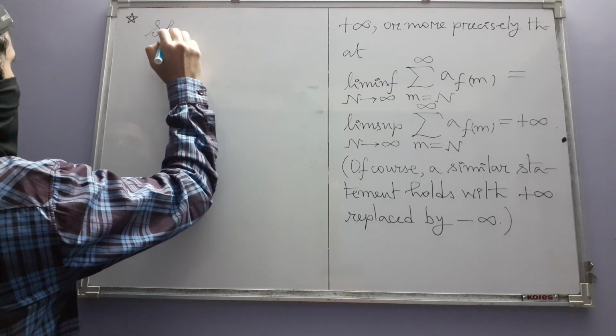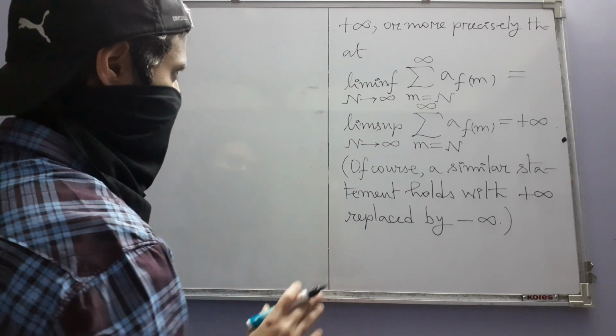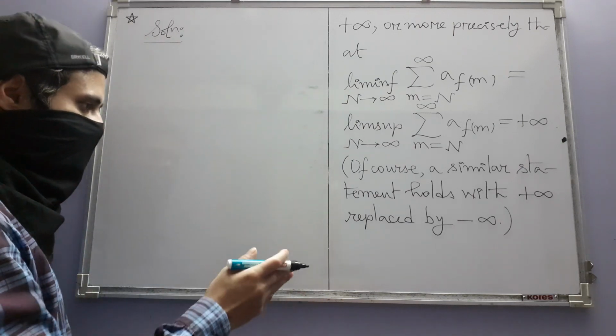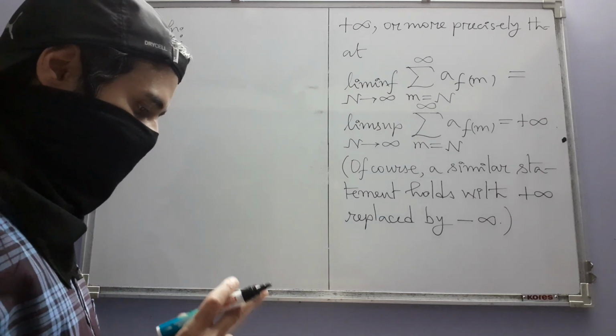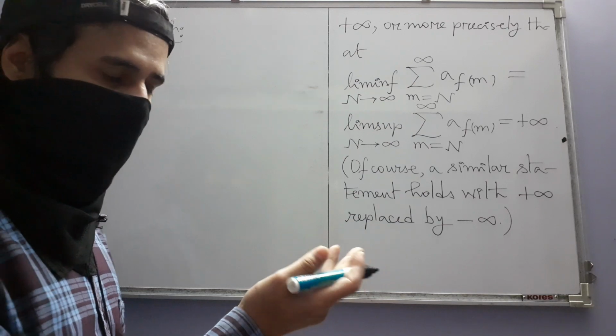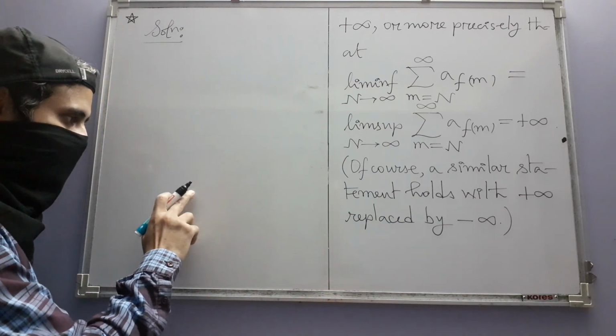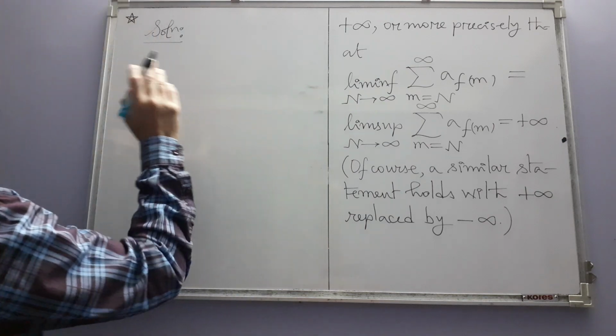So in the beginning itself, we are going to use our hypothesis, because it's given that the series is conditionally convergent but not absolutely convergent. So we can immediately use lemma 8.2.7, which comes before Riemann's theorem, and where we encountered those sets A plus and A minus, if you recall. So from that